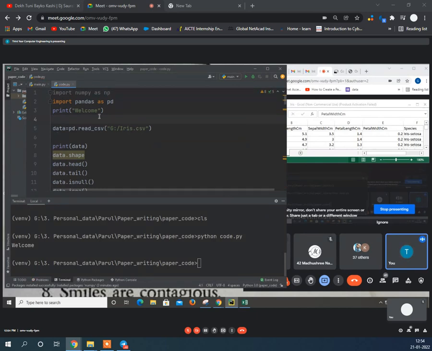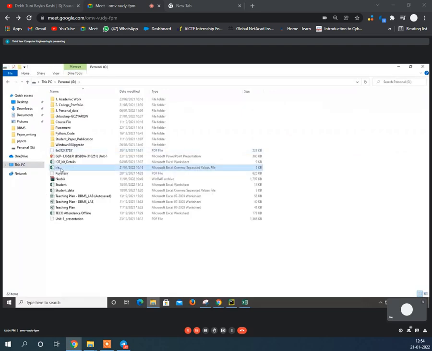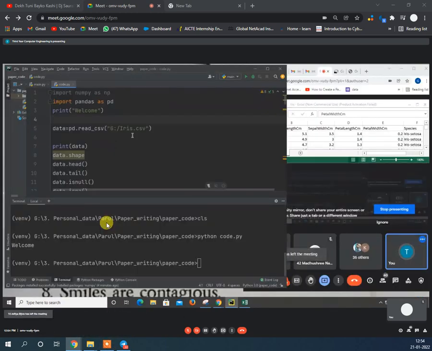Now I'm using the pandas library to read the data. I've stored this data set in the G drive. The name of the file is iris.csv. I'll show you the G drive, and you can find the name of the file. Under the G drive, you can find this iris.csv file, a comma separated value file. The same file I'm going to access through the